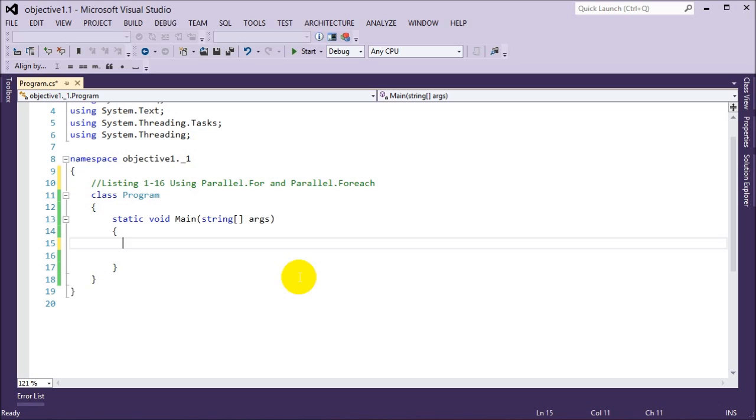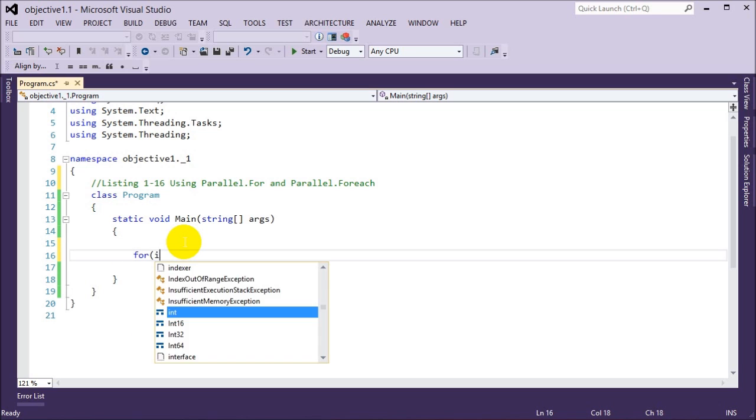Now, because of this, it can do a couple of things. One, if you're using them right, and the data that you're iterating over doesn't need to go in a certain order, then it could increase the speed of the loop dramatically, and I'll show you what I mean by that. So let's start off by just doing a basic for loop. I'm going to go over the parallel for, but I want to show you in contrast with the regular for